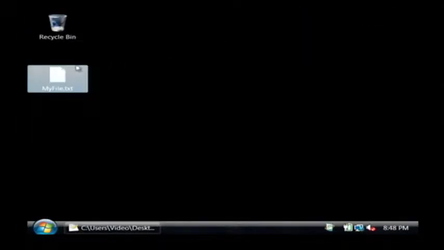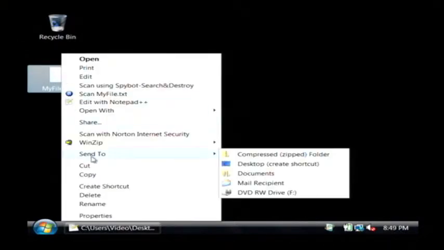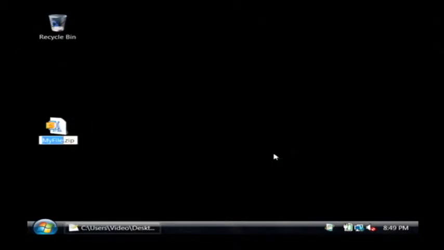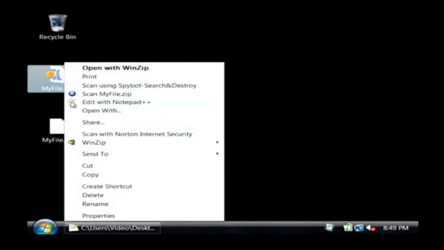Now, to zip that file, I'm going to right click on it, and I'm going to go to Send To. I'm just going to click on Compressed Folder. What that has done is create a new file on my desktop called myfile.zip. Now, if I go to the properties of this file,